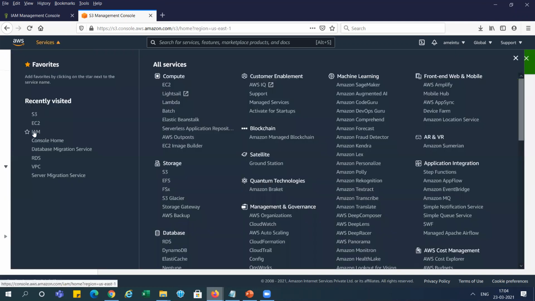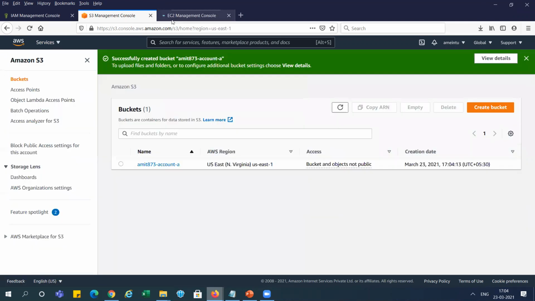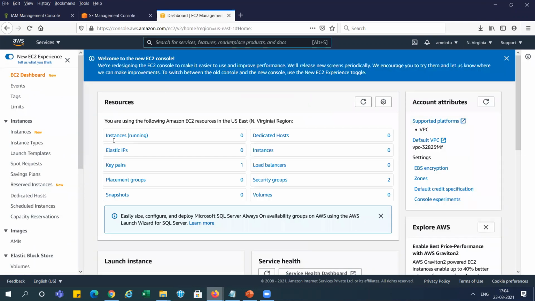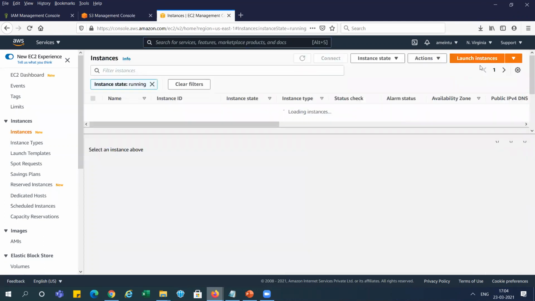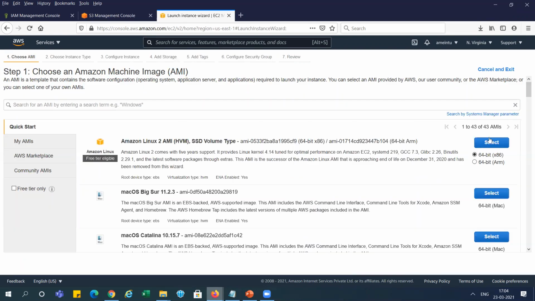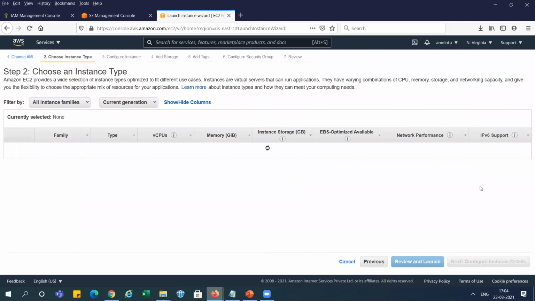And I will go to EC2 instance because we need to create one instance over there in EC2. So I'm going here. I'm going to create one instance, launch instance in the same region, Amazon EC2 Linux, right?